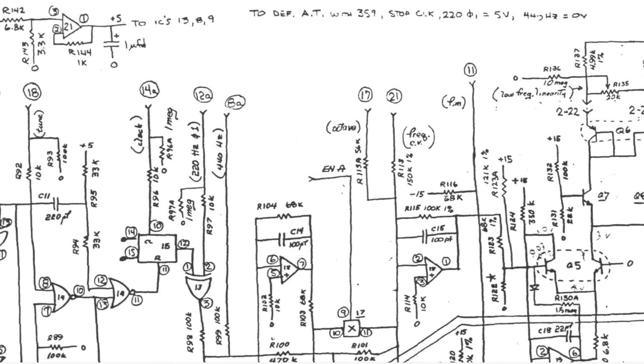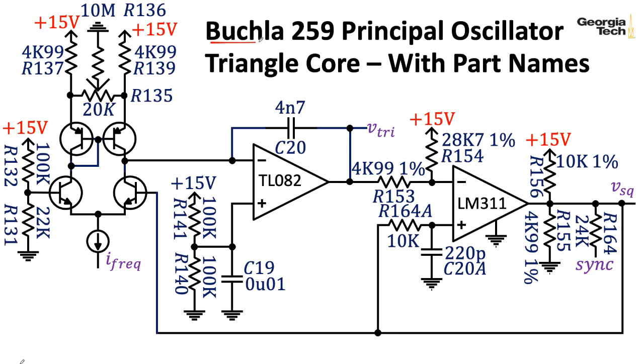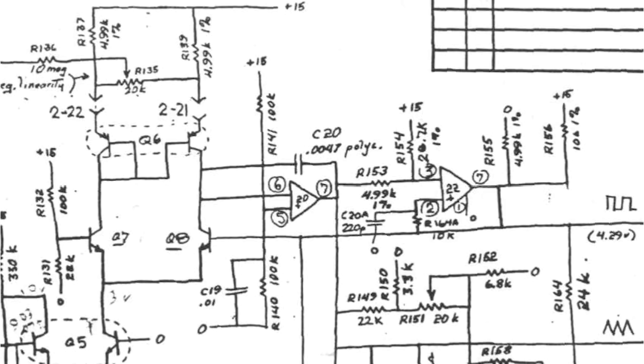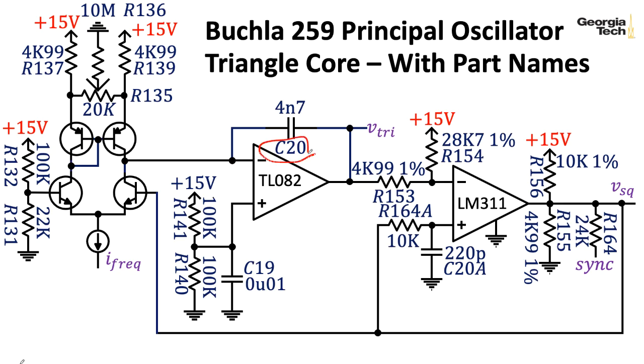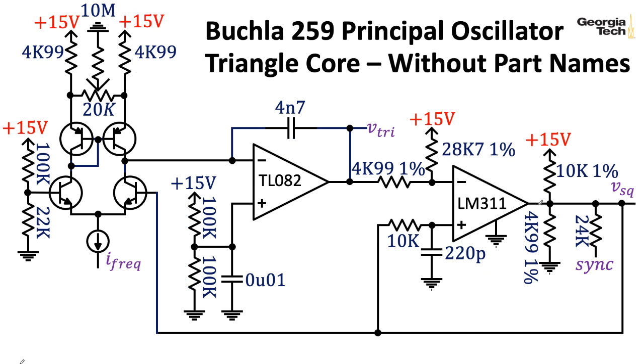So I've taken the main parts of the 259 principal oscillator that I want to talk about, and rendered them here. There's a second oscillator on the 259, the modulation oscillator, but there's really just this subset that I want to focus on for now. To allow you to reference things on the original schematic, I've put down the various numbers that Buchla used. That's just for reference, so the next step I'm going to take is to drop those designations